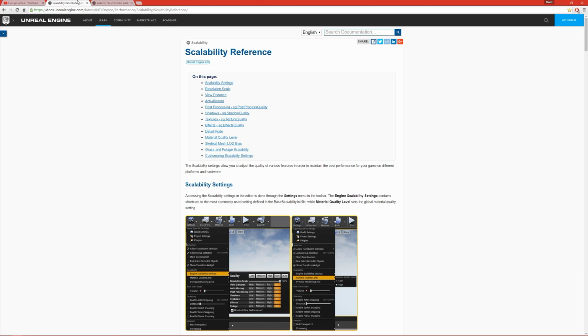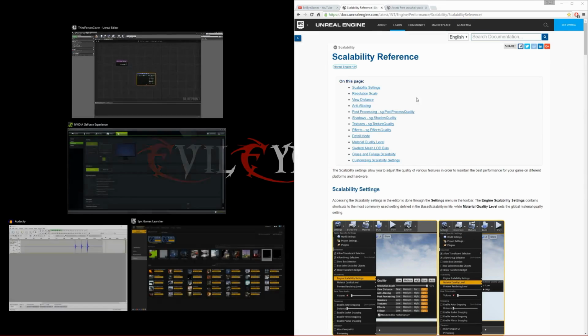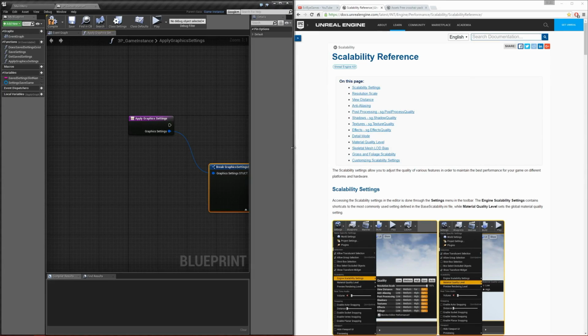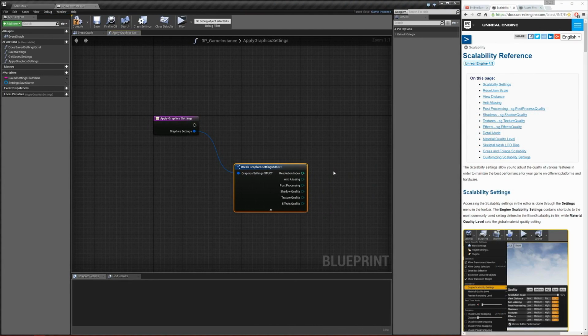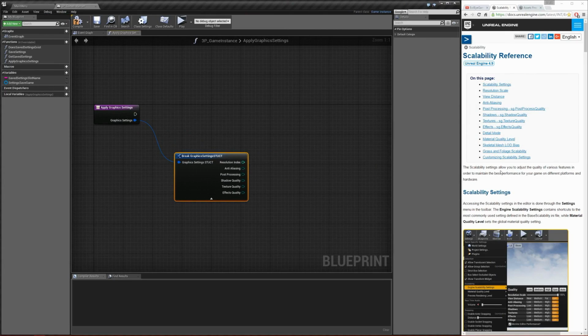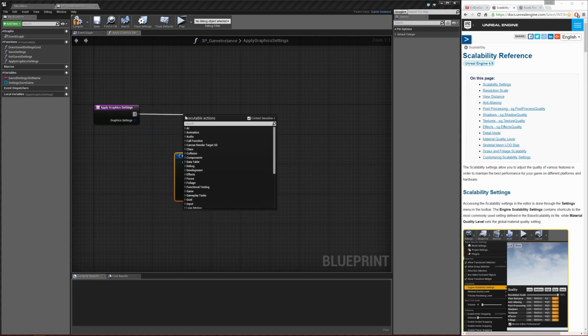So if I bring up my web browser here, I'm going to go ahead and drag it off to the side so we can reference it as we go through it. It does not have the command for setting the resolution, which is the first one we're going to do. But in order to set the resolution, we're going to drag out from our execution pin here, and we're going to have to get the supported